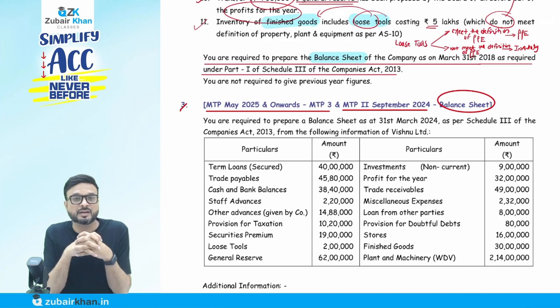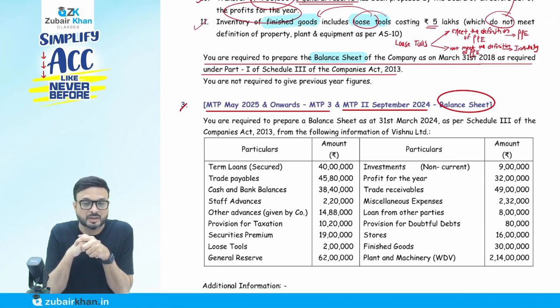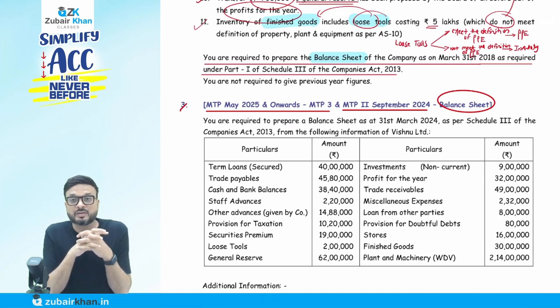So they gave us that a term loan secured 40 lakh, trade payable 45 lakh 80,000, cash and bank balance 38 lakh 40,000, staff advance 2 lakh 20,000, other advances given by company 14 lakh 88,000, provision for taxation 10 lakh 20,000, securities premium 19 lakh, loose tools 2 lakh, general reserve 62 lakh, investment non-current 9 lakh, profit for